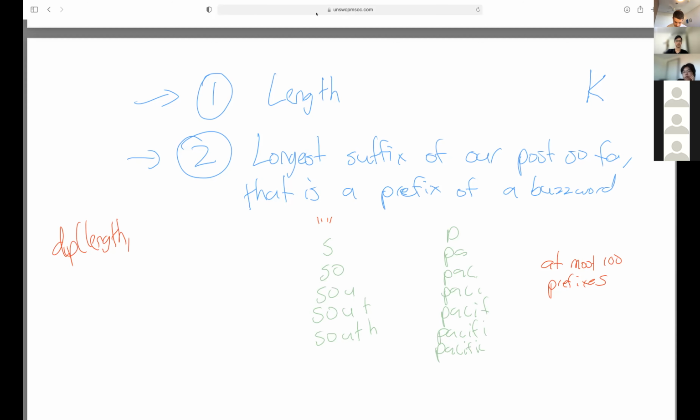If we number all of these 0, 1, 2, 3, 4, etc., then we can store it as a number. So our state is the length and the longest suffix of our post that is a prefix. This is our DP state. Then our recurrence would be: consider adding every possible letter.